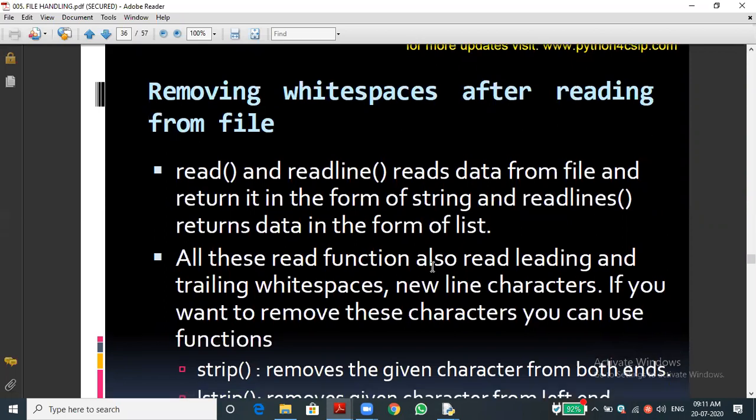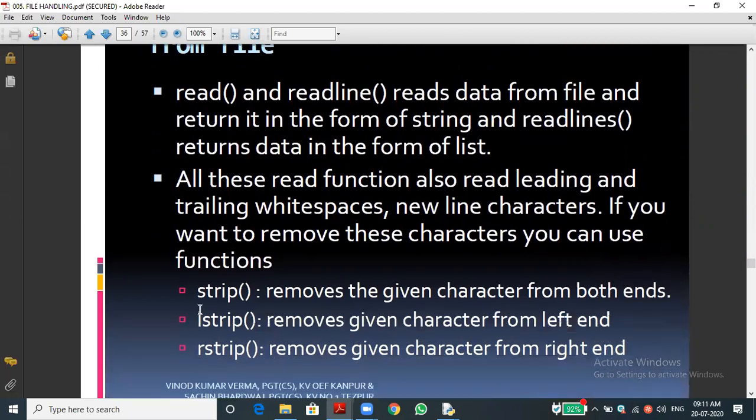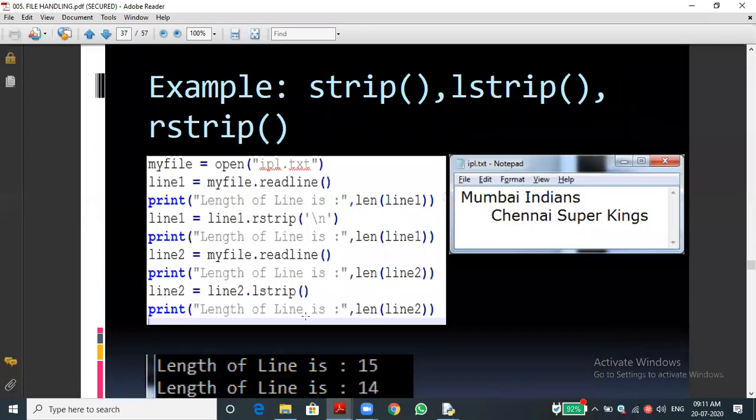We have seen three types of strip functions. The strip function, as we discussed now, and lstrip, which removes the spaces from the left-hand side if we don't give an argument, and rstrip, which will remove the white spaces from the right-hand side. Without passing any argument, it will remove the white spaces. We will use this in our file handling. If there is some extra space, in order to avoid it, we can use the strip function. Let me go to the next thing.